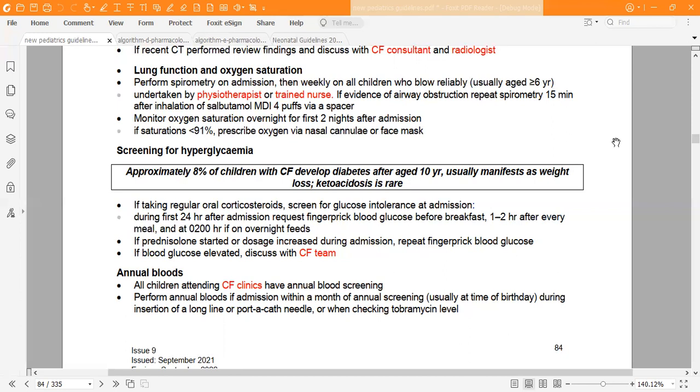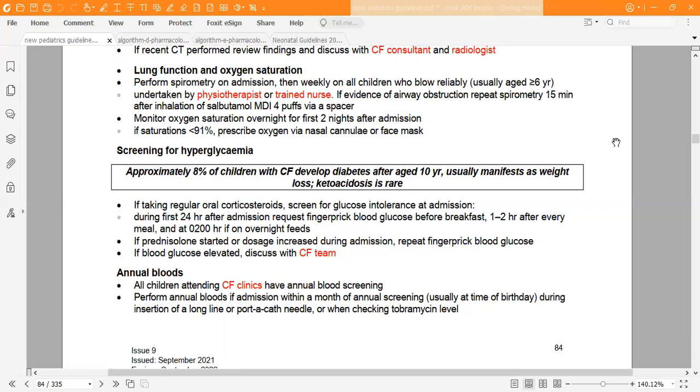If he's already taking steroids, it's crucial to bear in mind that the side effect of steroids is that they will bring the glucose up. So you have to do a glucose intolerance test for him on admission. During the first 24 hours after admission, request finger prick blood glucose before breakfast and 1 to 2 hours after every meal, and at 2 hours if on overnight feed. Okay, that's very important if he is 10 years old, you will do that for CF-related diabetes,